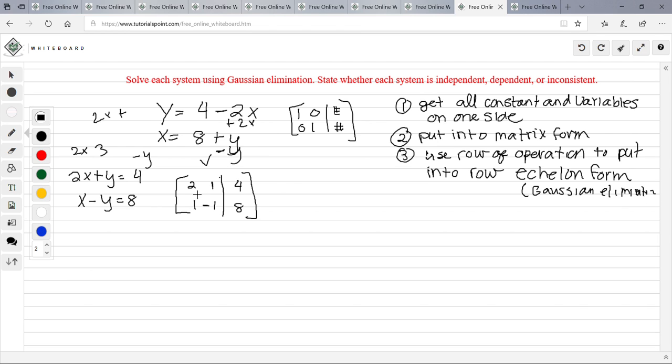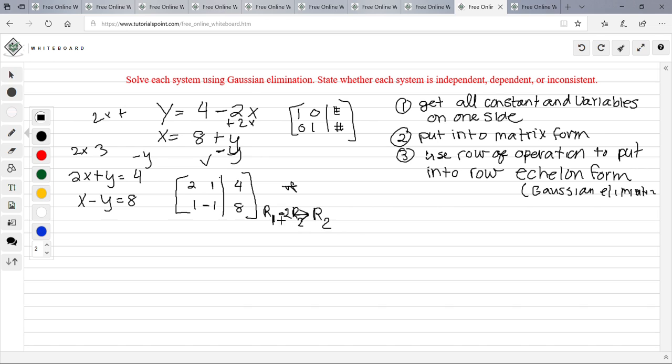Okay, so I want this diagonal to be 1, and this one to make it 0. So let's change the first row. Wait, no, I'll change the second row. There's so many ways you can do it. You could change the first row first, or so what I'm going to do is row 1 minus